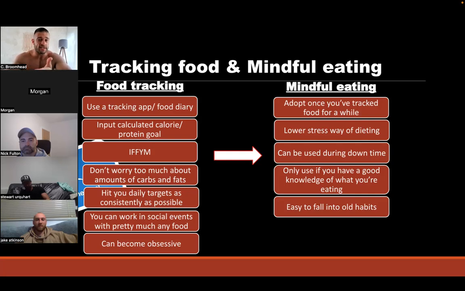And this also can be used in downtime. If you know what's in your food, then you can really enjoy some downtime with the family, going out for food with the family. Most of you guys actually do have kids as well. And it's not stressing, going, oh my God, I'm in a restaurant. Well, you can kind of know, all right, this is my calories, this is my portion sizes. If I'm going out for food on Saturday night, one thing I do, I'll just shave some calories off earlier in the day, just to give me a bit more extra at night time, and I don't stress about it.